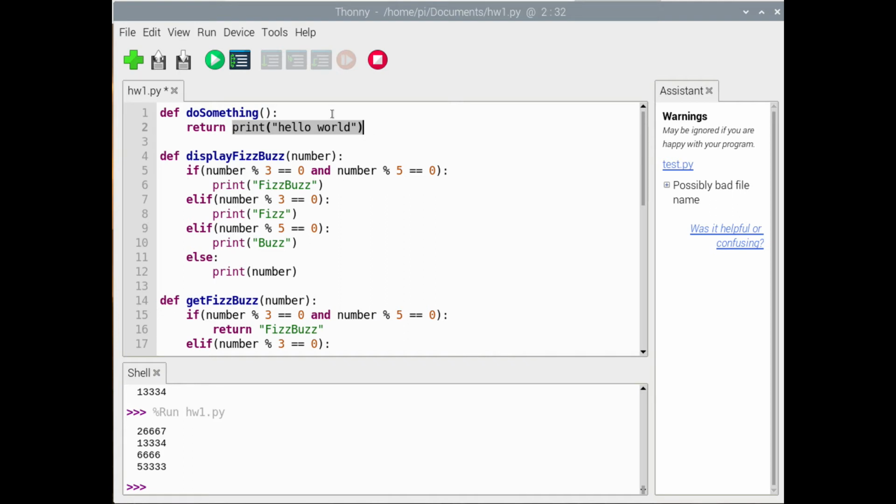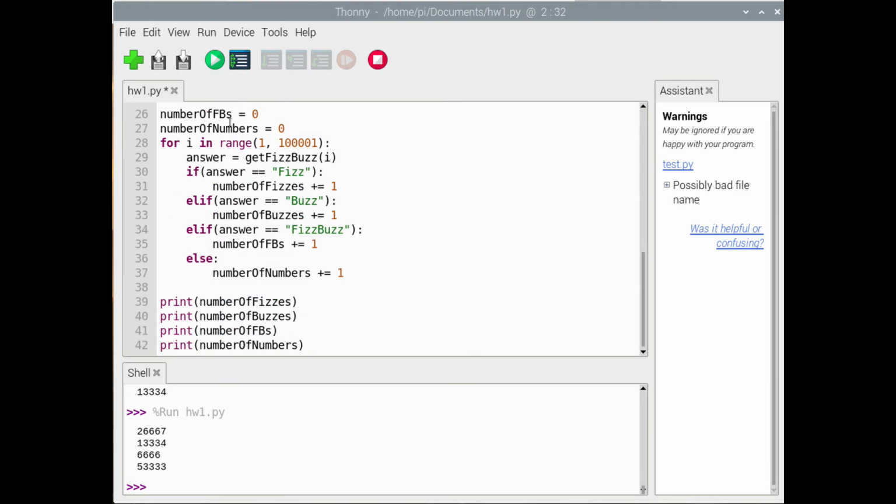Somebody else wrote this function. Just like we wrote do_something, somebody else wrote print. And print takes a single parameter, that is the thing we want to print, and it will print it to the screen. That's what we expect print to do. We don't expect print to resolve to a value. So if I return the value from do_something,